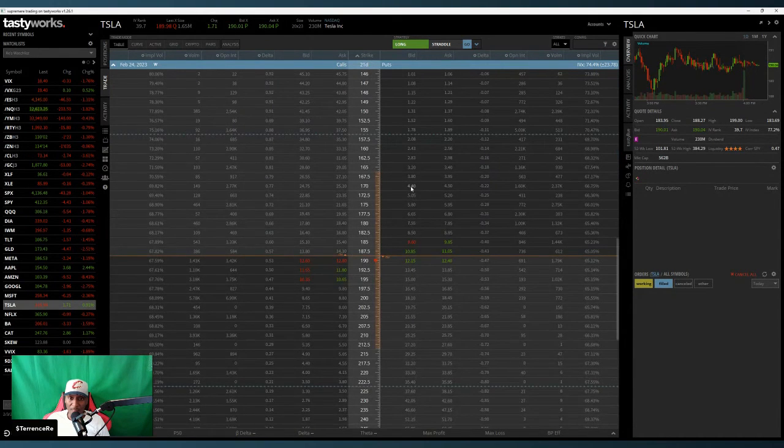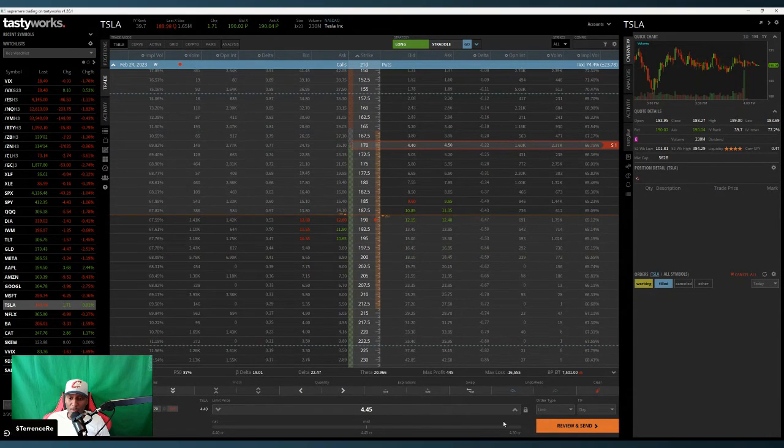Go to 170. That same option, if the market just oscillated where it's at, one week later, from this Friday to the next Friday, is now worth $445. That means you made $200 in a week just sitting on a put that you sold. It could go up, it can stay down a little bit, it can oscillate, move around. $200 for one contract. If you want more than that, do 5 of them. That means you would have made $1,000 in a week